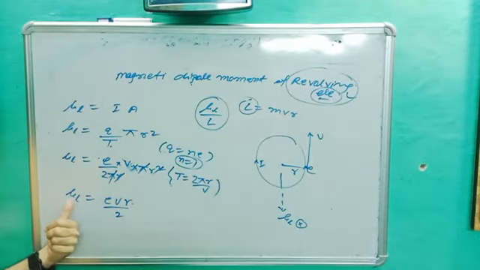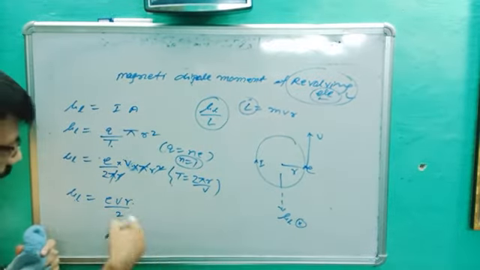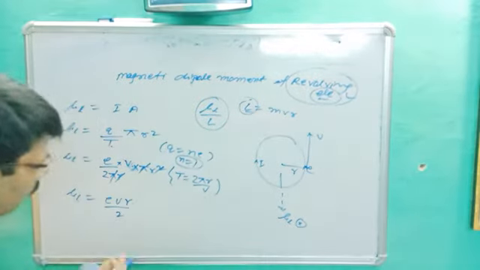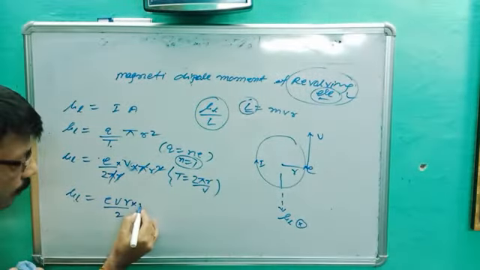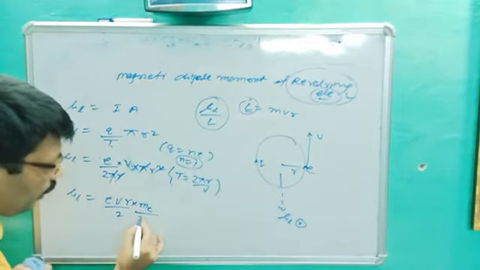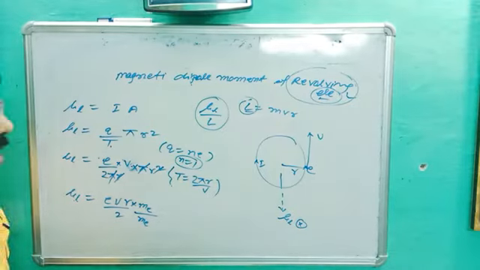We got the formula for mu L. Next, our aim is capital L. We know L is equal to mvr. We are getting vr here, so we can multiply by Me, the mass of the electron, since the electron is revolving, and divide by Me. We can do this by a mathematical process.